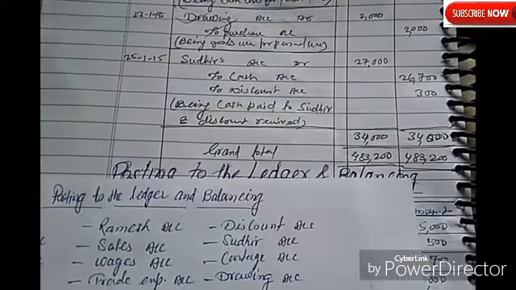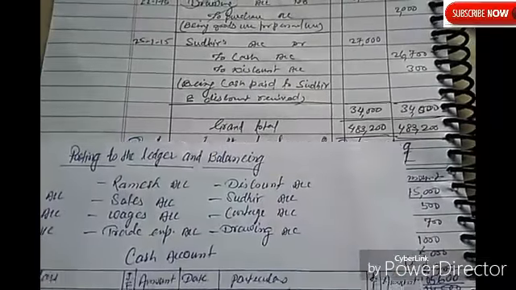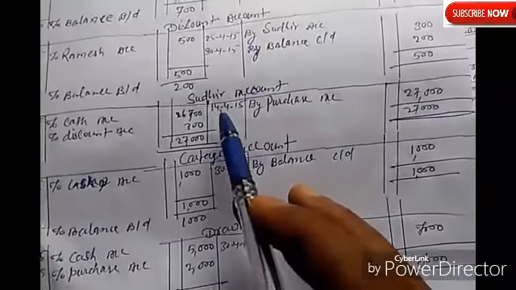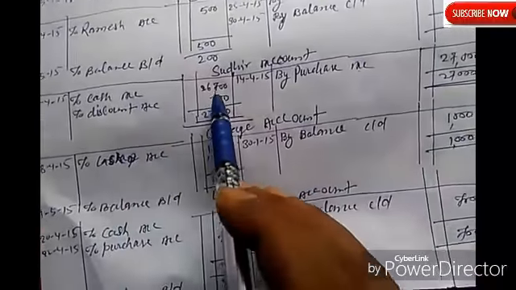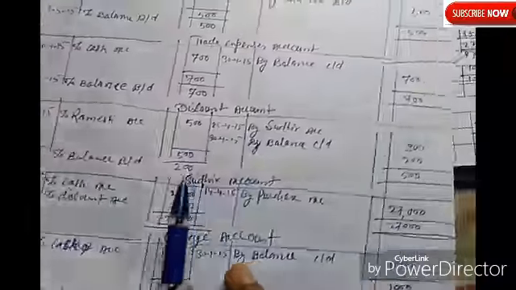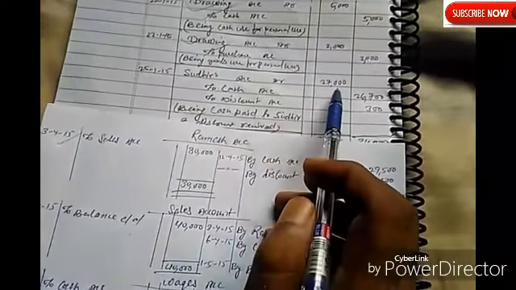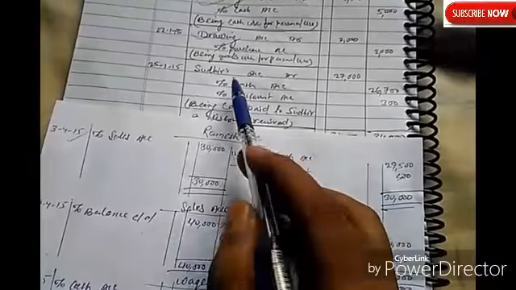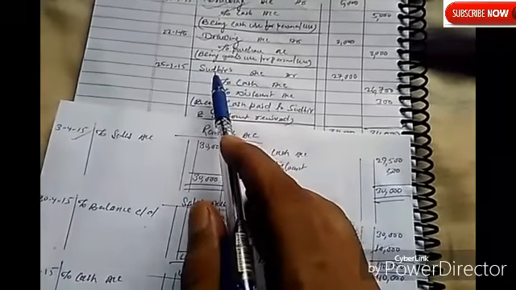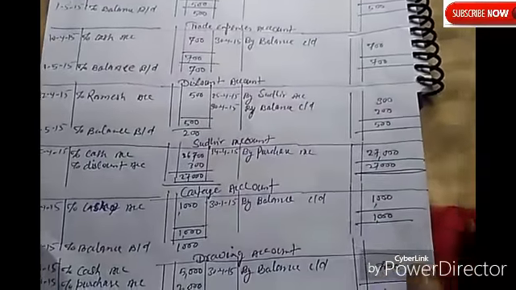Now see the last transaction. Sudhir account debit 27,000 to cash account and discount. First see the Sudhir account, already opened here. So right here cash account 27,000 and discount account 27,000. Both will become debit sides because Sudhir is a debit of total value 27,000. So both cash and discount will become debit sides in place of Sudhir account. Now see that is done.